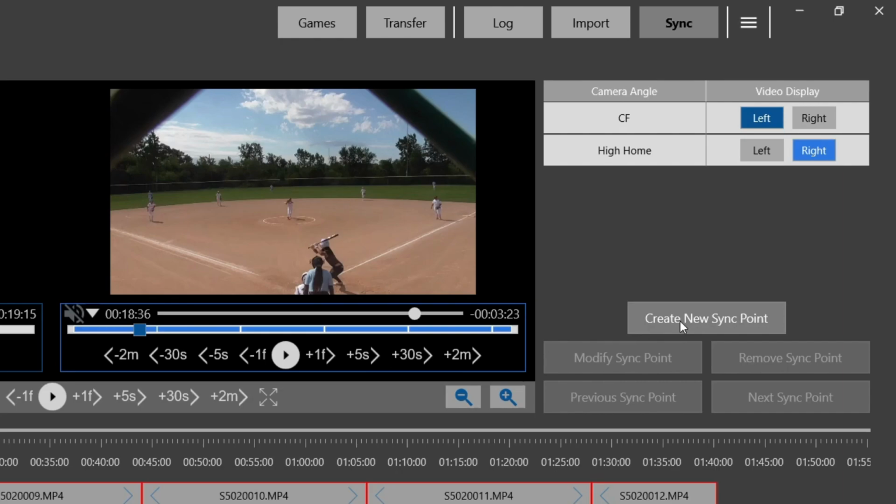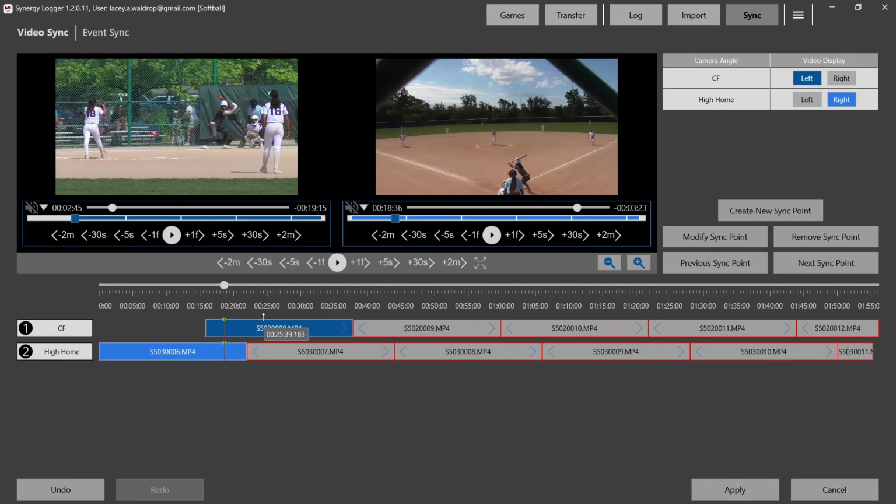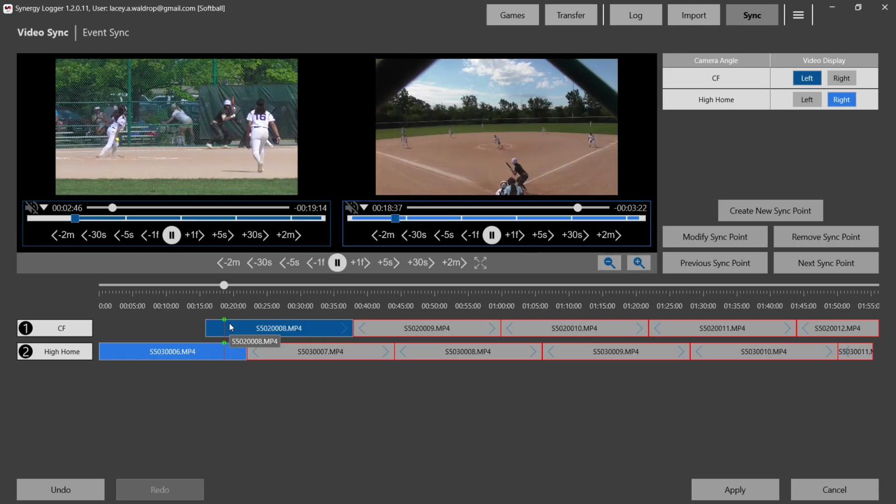And so now that I'm happy with where my videos are matching up, I'm going to click Create New Sync Point. So now you can see that our video is matched up. And when I press play, my video is happening at the exact same time. If you're a few frames off, that's okay, but you want to make sure that you're seeing the same action